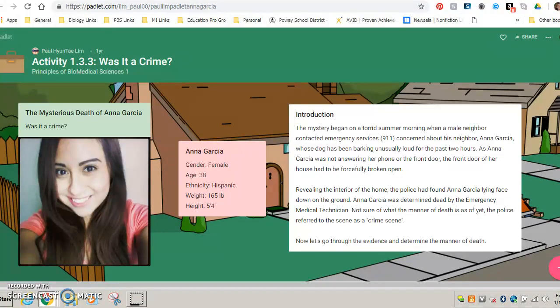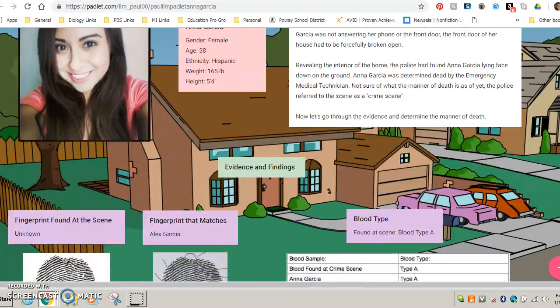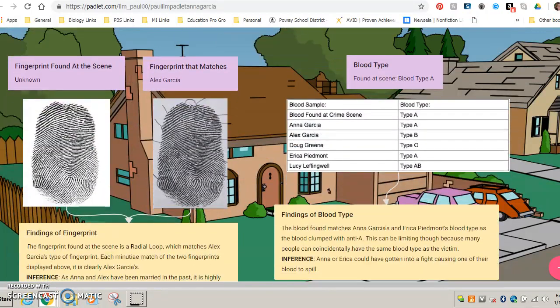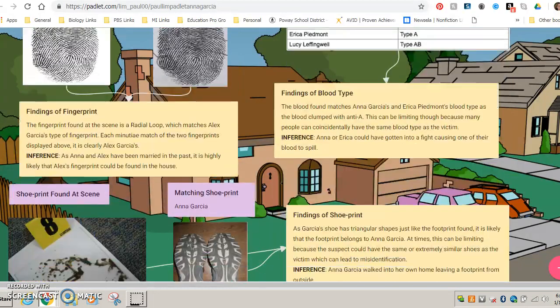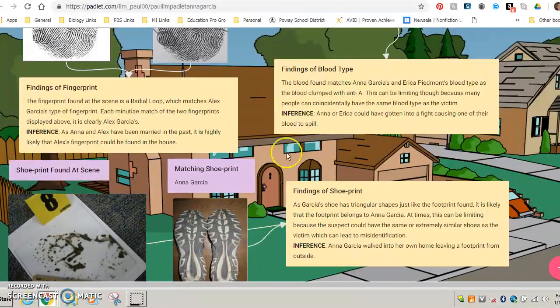And so you can see what the students have chosen to do on Padlet is create a personal story here, telling us a little bit about Anna, including a little image of who they believe to be Anna. And they walked us through what we learned about the case at the beginning, calling it an introduction. Then we go down a little further and they start breaking down the different pieces of evidence that have been analyzed so far. So you see everything from fingerprints to the blood type analysis with an explanation of what those